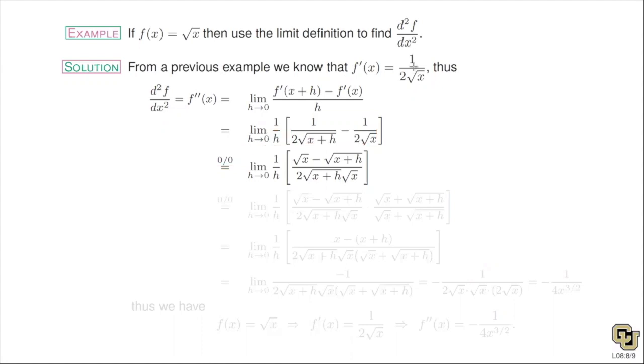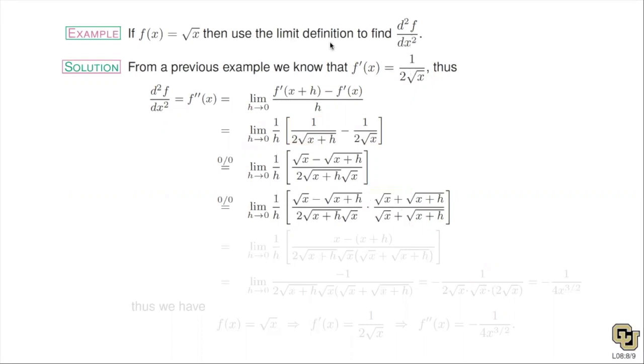Looking at it, what we notice is that these two fractions can be combined into a single fraction. So I'm going to multiply the first fraction by root x over root x. So in the numerator, I get a root x. I'm going to multiply the second fraction by root x plus h. They both already have a 2 in there. So I just multiply the second fraction by root x plus h over root x plus h. In the numerator, we get a root x plus h. So after I combine the fractions,